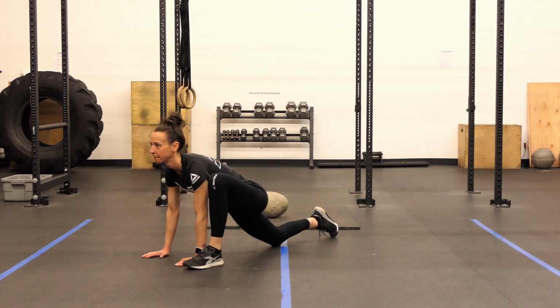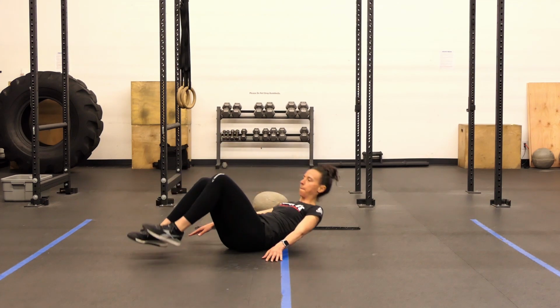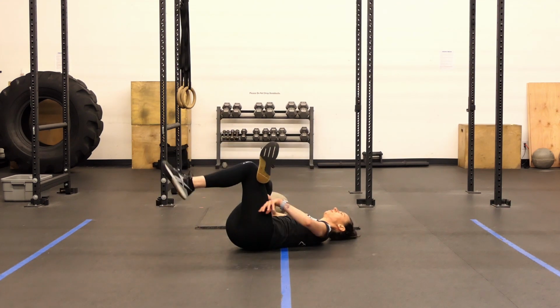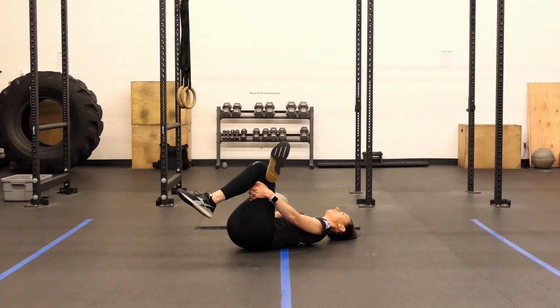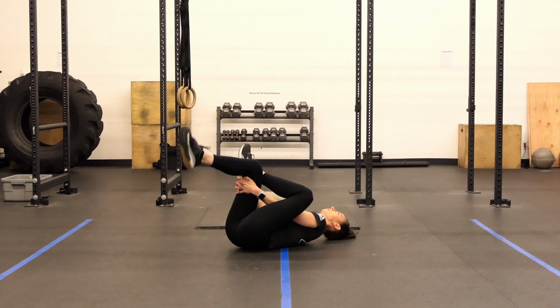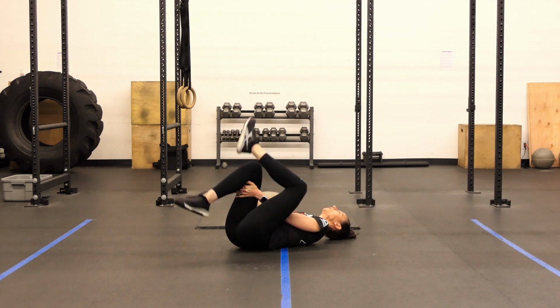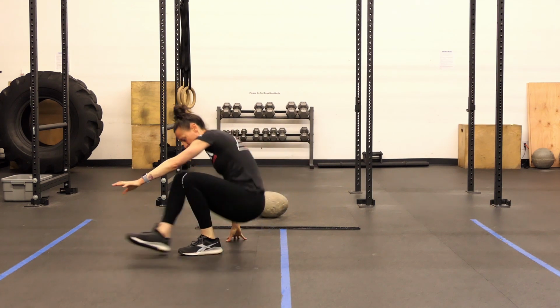Once you're done with that low runner's lunge, window stretch is next. Just simply lie on your back, cross one ankle over the other, reach your hand through the window, grab the hamstring, and stretch your hip. Once you're done with that, you're just going to switch it over. Beautifully done. Once you're done with that window stretch, let's move right on into that low